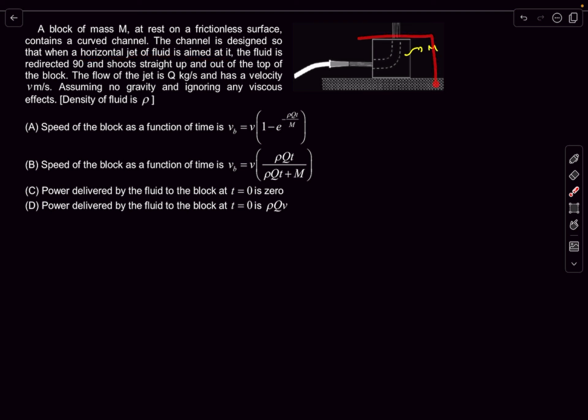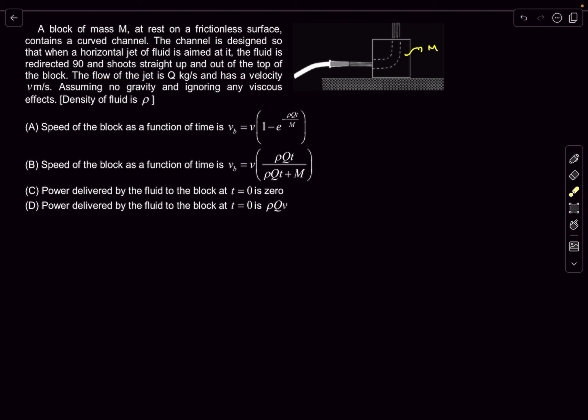Okay, so a cross-sectional view of the box is given to us. And it has a curved pathway through which fluid can enter and leave the container. And obviously, as a result, the block will start moving. Now it's given that the flow of the jet is Q kg per second and has a velocity of V